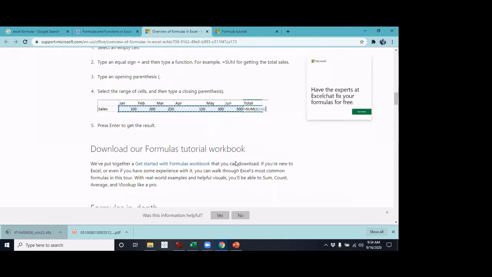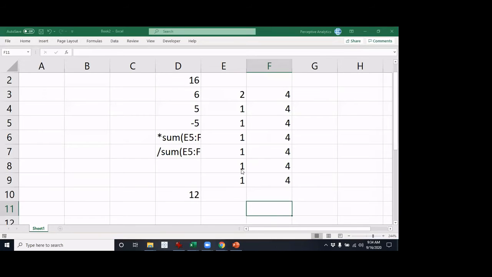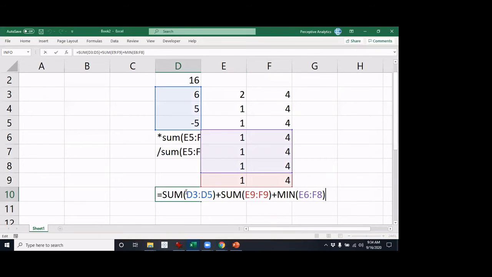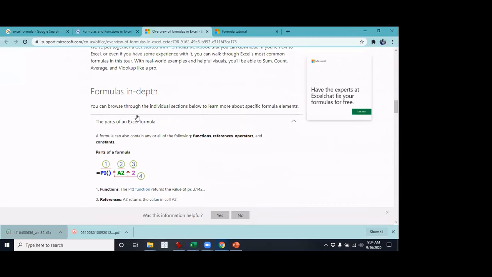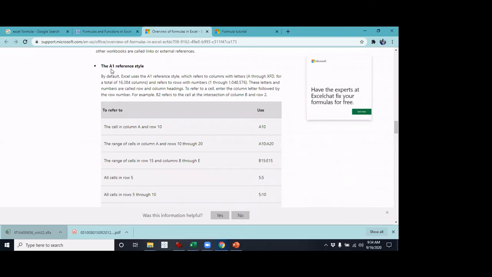See, we talked about references, right? Whenever you have this, this is a reference. And there are various ways of giving a reference. So I'll cover that also today. References are of two types. I think this one is called A1 reference. Let me just check that. Okay, so yeah, it's called an A1 reference type.